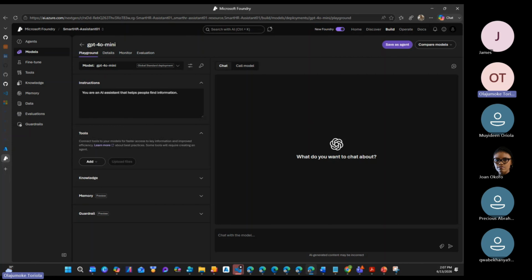So you see the system message text box where you can chat with the agent. You can give it: you're an AI agent that helps people find information, all of this. So let's start now. The project name, I've given it the things I want to use. So let's define our message. In the system message, this is what I'm going to give it.